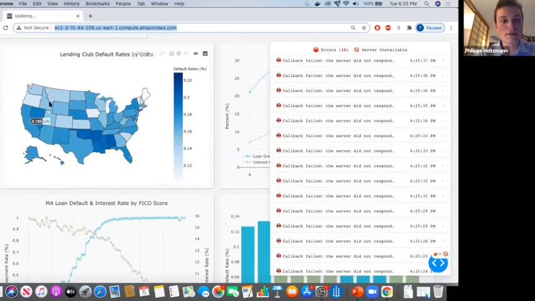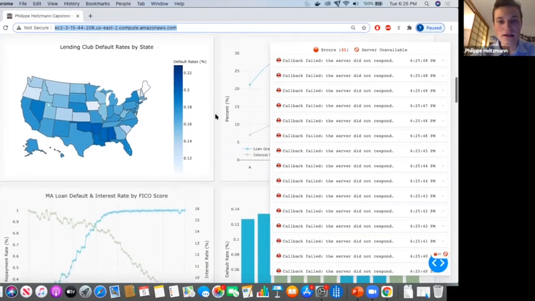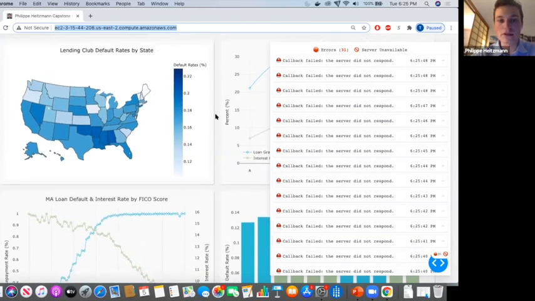But this top leftmost graph allows the user to hover their mouse over the map over a specific state, and that data of the user hovering their mouse over each state will be passed on to each of the adjoining graphs in this view to then load the data for each of those states.